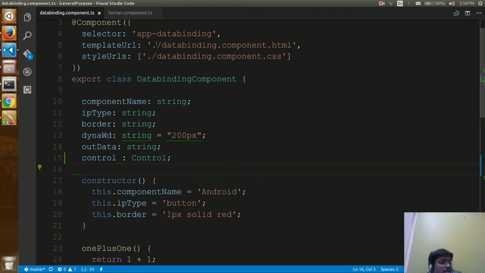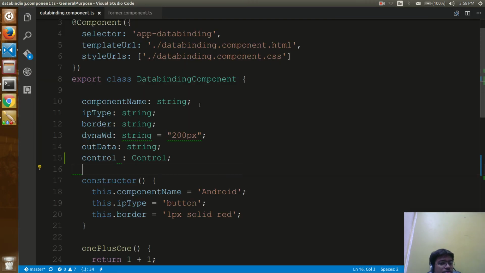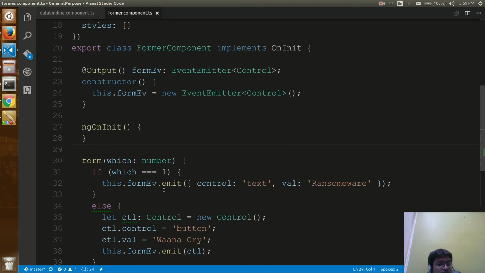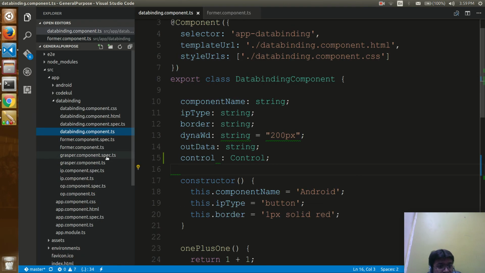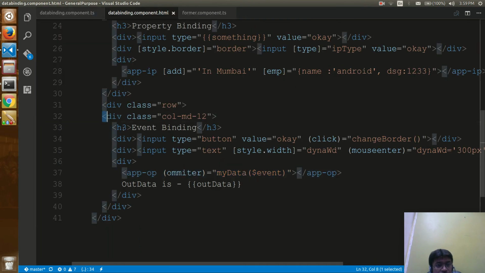Now remember that this component is going to emit an object of type Control, and that object of type Control I am just going to grasp, right? So over here, in the data binding HTML, I would be having one more row,